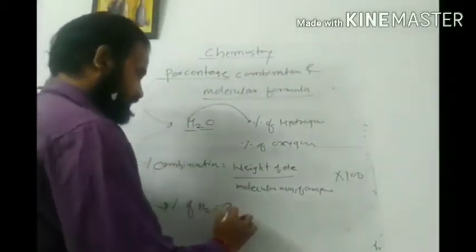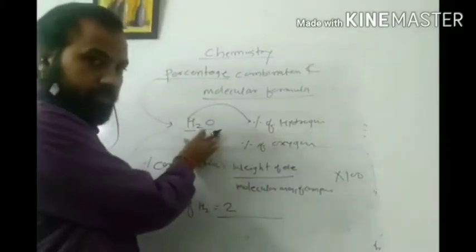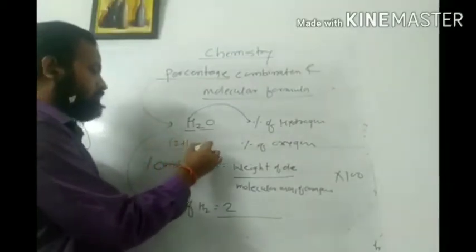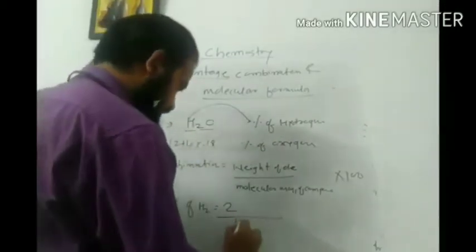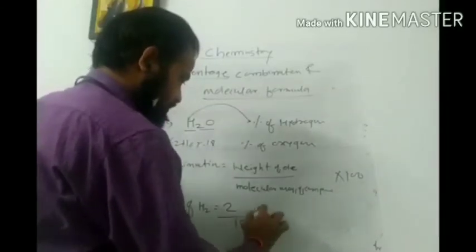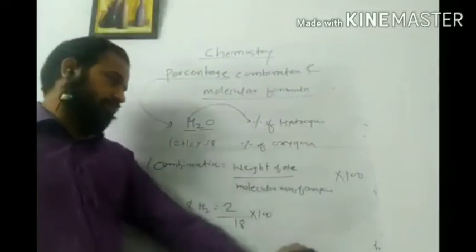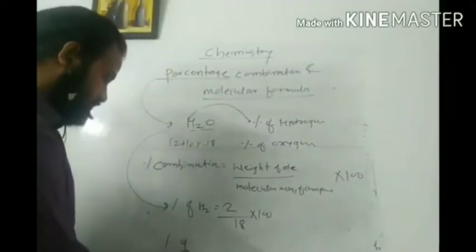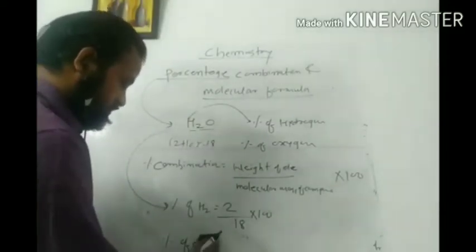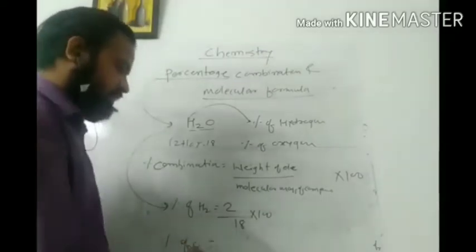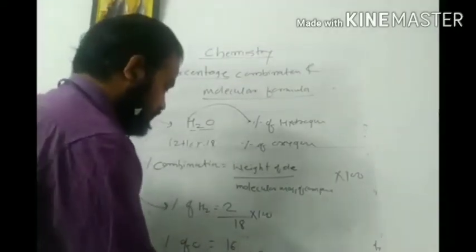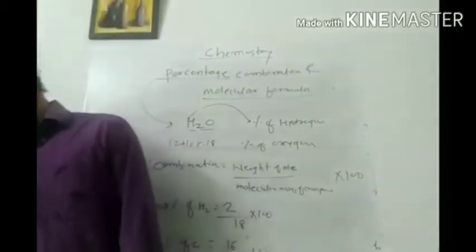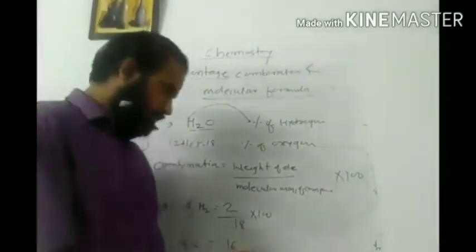So if we see here, the weight is 2, and the molecular mass of the compound, I am discussing the complete compound, you can easily calculate, we have calculated it, it is 2 plus 16, so it is 18, isn't it? So 18 into 100. This is how you can calculate the percentage of H2 in this compound. Or we can say percentage of oxygen. You can calculate the percentage of oxygen easily. It contains 16, only one atom, so total it is 18, and I have to multiply it by 100. So more or less the answer becomes 11.11